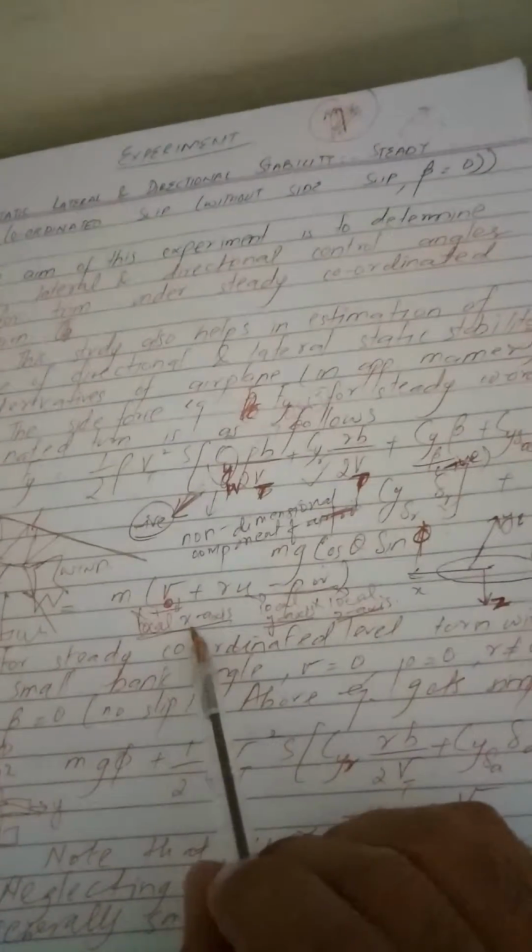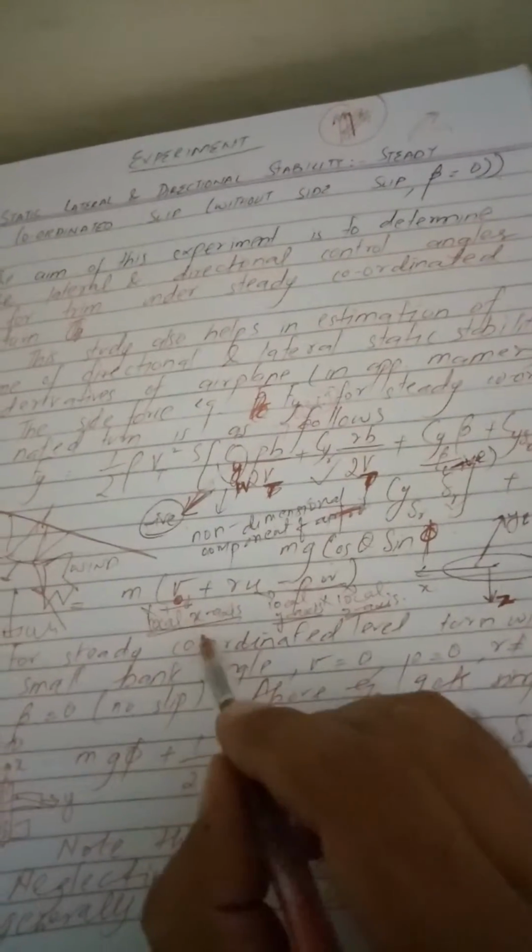Moving in turn position, the components will change, the direction of the velocity will remain the same, but the components would vary from one position to another, if it's turning in a steady coordinated way. So let's see, that is the V component because of the local V component